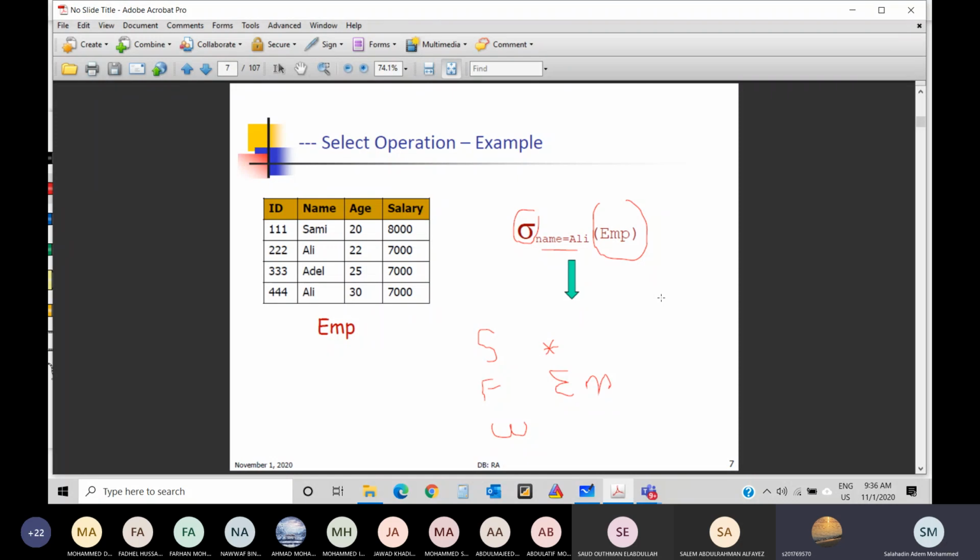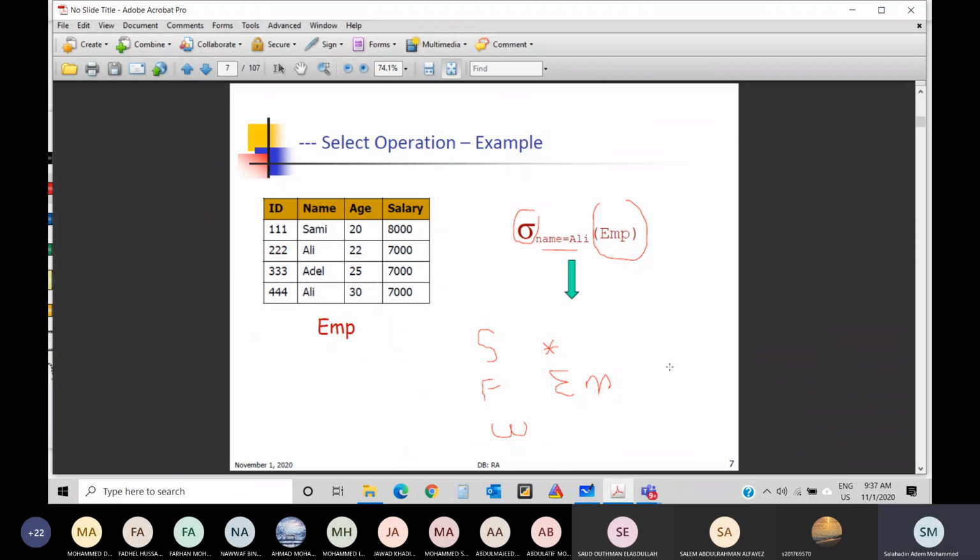Okay, very good. Now, this select statement is not exactly like the select statement in SQL. In fact, this select statement is like the where clause. I will come to the other one later, inshallah; they call it project, and we will talk about it in a bit. So this is like a where clause: where name equals Ali from the employee table. So the answer is all the columns. There is no filtering of columns. So this is filtering of rows.